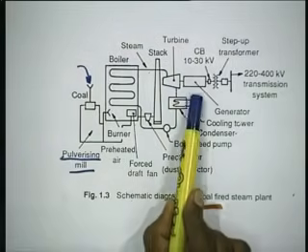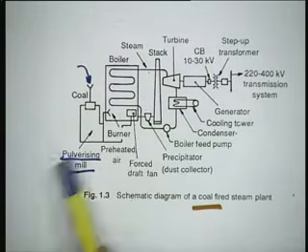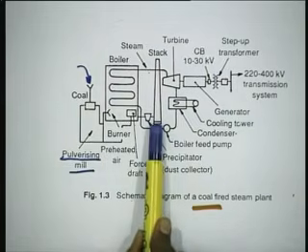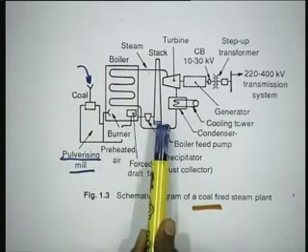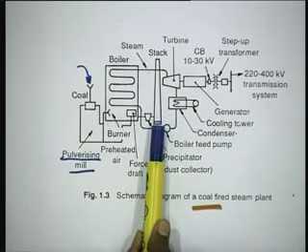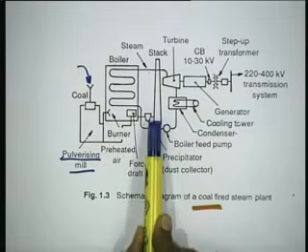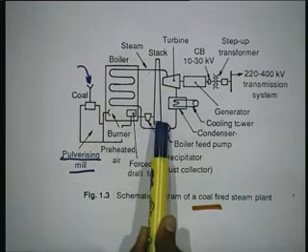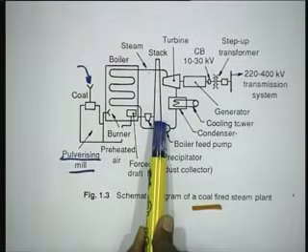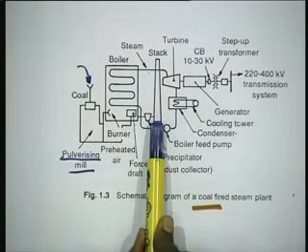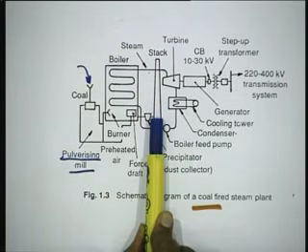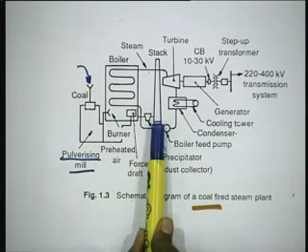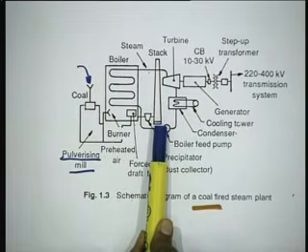This is a generator here. Now, what is this stack in between? This stack is a particular device which facilitates the gaseous pollutants to go out and disperse in the environment, in the atmosphere. I am sure all of you can immediately appreciate, the higher the height of this stack or chimney, as you call it,